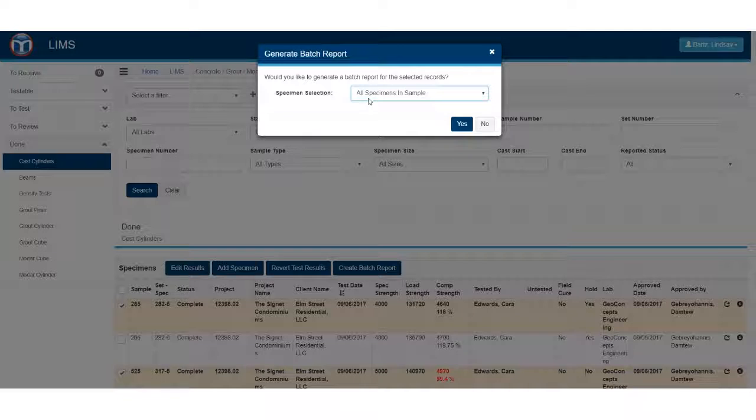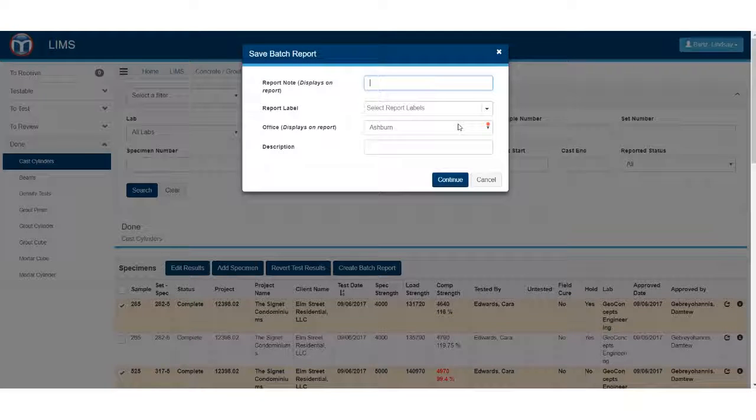Now this is why you only have to select one checkbox per sample, because it asks me, would you like to generate a batch report for the selected records? And then I can choose to say all specimens in the sample. So I can do that here. I would say yes. Now it asks for your report note, which, as I've said before, is very helpful when you're trying to keep track of which reports you've sent when you're in delivery,